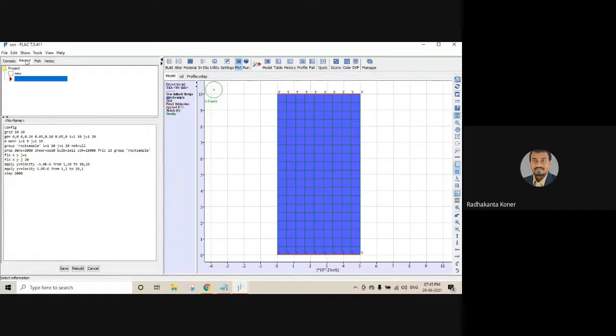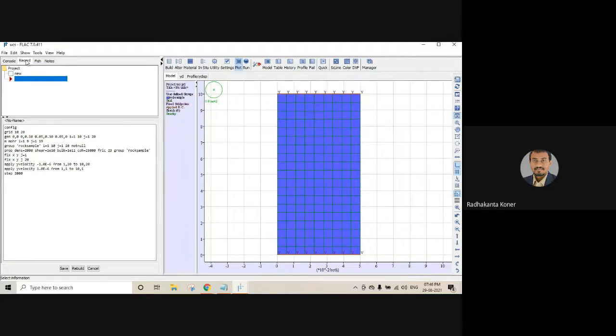Fifth is the boundary condition. Most important. Accurate boundary condition in the numerical model is the most important parameter. Okay, we do not have time today to show the importance of the boundary condition. I could have shown you when we consider the dynamic load. That is very sensitive to the boundary condition. If some amount of error is there, the model will go into chaos. That we can show you. So boundary condition is done.